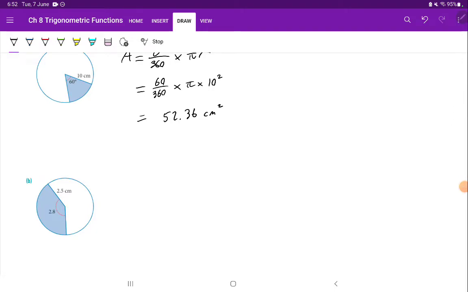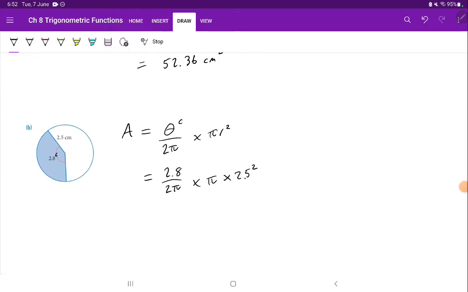It's not even specifying the units, but we must assume that it would have to be radians, because that certainly is far too large to be 2.8 degrees. So, for when given radians, it's going to be the angle in radians over 2 pi times pi r squared. 2.8 over 2 pi times pi r squared. Or not r squared, in this case it's going to be 2.5 squared, which is equal to